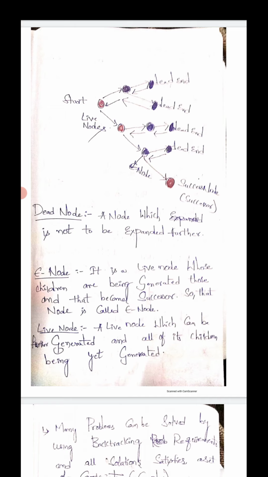Here look at this diagram, all of you. This diagram shows one live node going to another node, and that node goes to a dead node. That node will not solve the problem, so we come back again and move to another node. Likewise, backtracking means going back, which is used to solve a problem where a sequence of decisions is made.